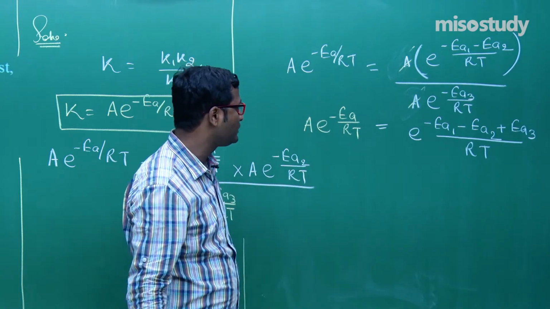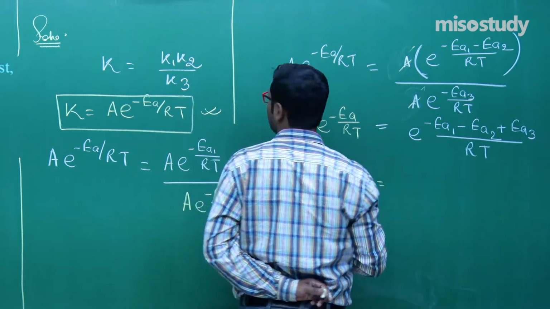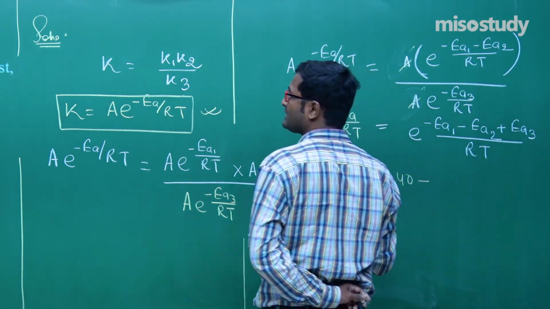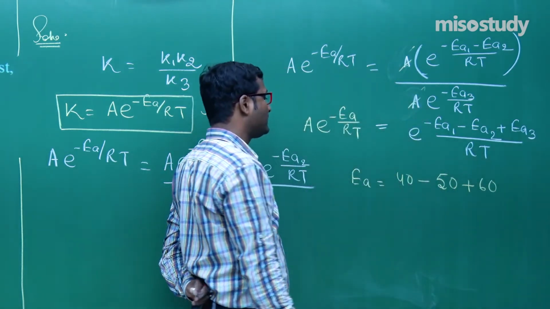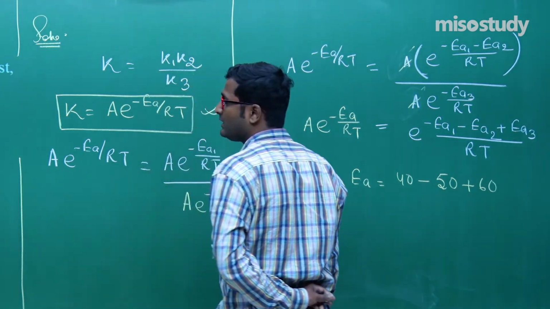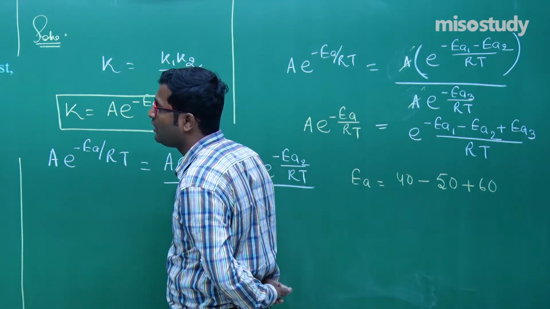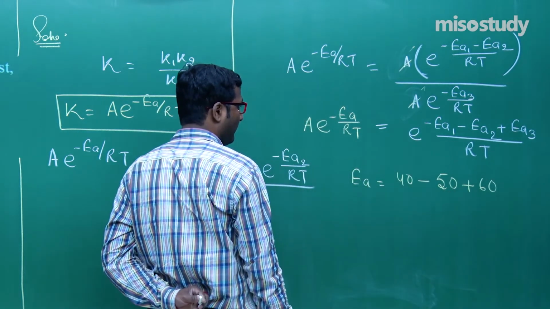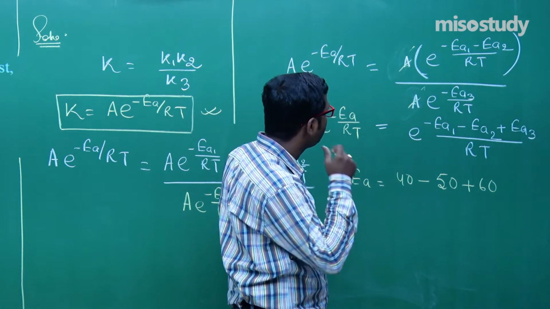Now when we compare these two, what we get, that is Ea is equal to Ea1. What is the value of Ea1? That is 40 minus 50 and plus 60. Am I right here? Check it out if there is any problem regarding the question. That is Ea1, Ea2 and Ea3, 40, 50 and 60 for first, second and third. Check these things, friend. If there is any mistake related to the